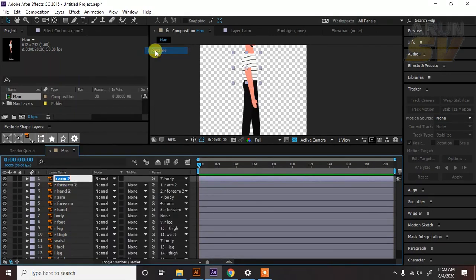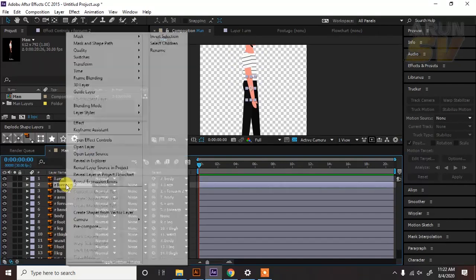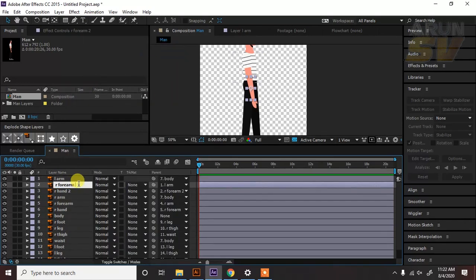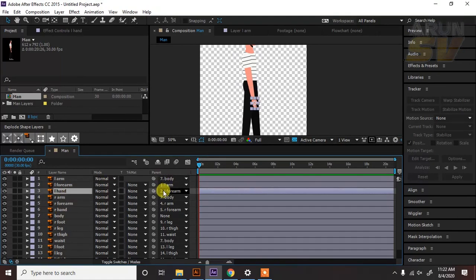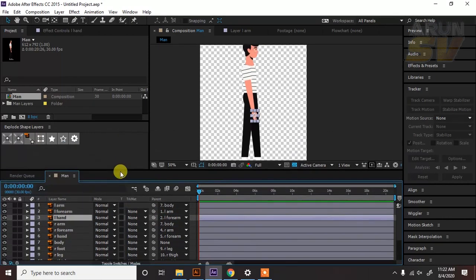Right click and rename R arm to L arm, R forearm to L forearm, then R hand to L hand. That's it. We already parented the right hand, so it automatically copies its parents. So leave it.